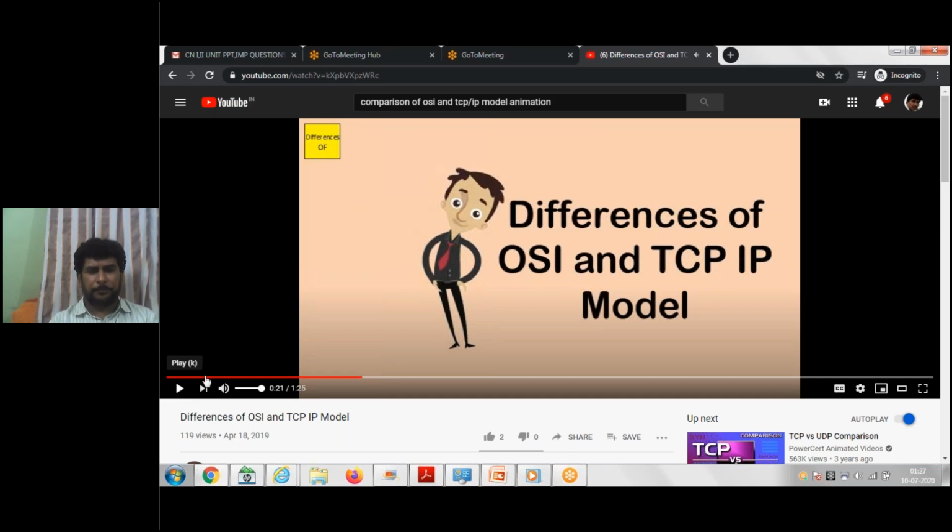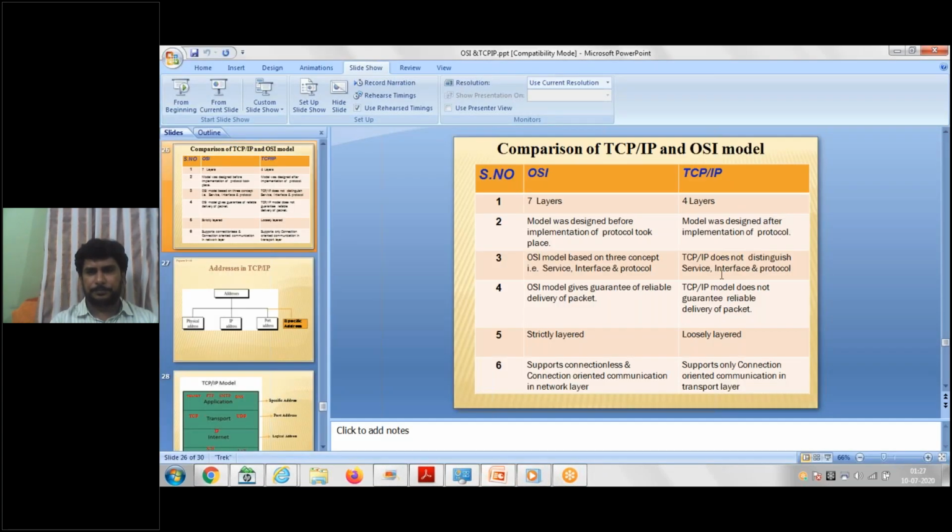Okay. So they have been trying to explain the differences between the TCP/IP and OSI models, which we would like to discuss in the form of a table. Let me just put it on the screen. Right. So the first and major difference identified by us is that TCP/IP is a 4-layer and OSI is a 7-layer